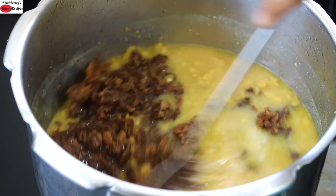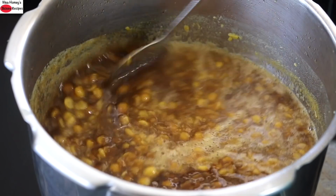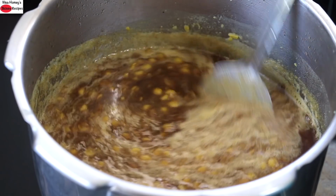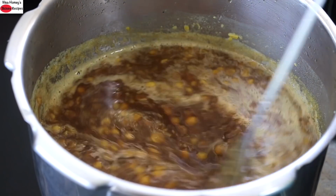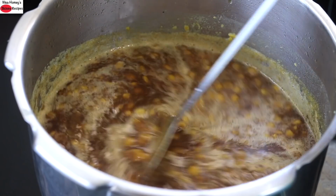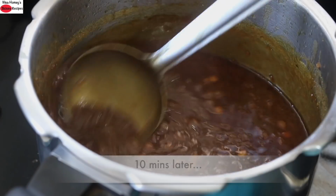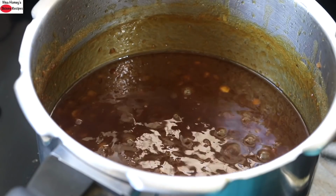Give it a mix and put the flame on low and allow the jaggery to melt. The jaggery almost immediately melted. I'm going to allow the chana dal to saute in the jaggery. So it should take about 10 to 15 minutes. Keep an eye on it. You need to stir it on and off so that the jaggery does not stick to the bottom of the pan. After about 10 minutes, the jaggery has thickened, and at this stage I'm going to add in the